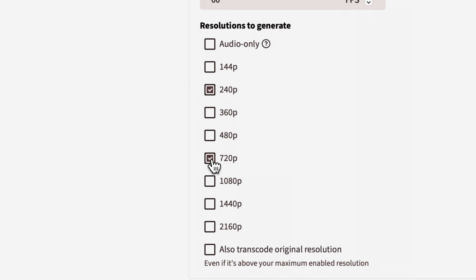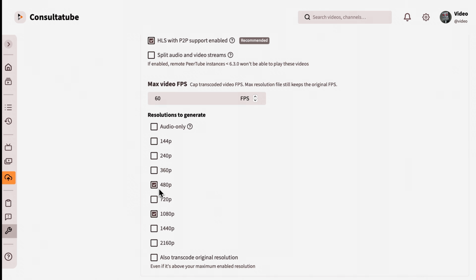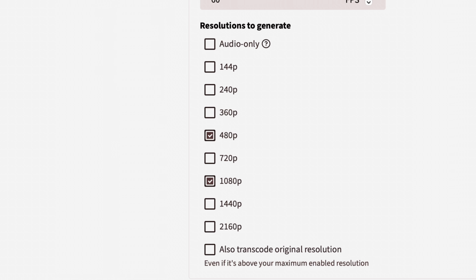If you want to really reduce your costs, it's very, very cheap to host videos at a very low resolution. I don't think I'd want to go any lower than 720, to be honest. But I think like a 180 and a 480, that's pretty good for acceptable. Then you have two different streaming options, 480, that's nice for people on slower internet connections, and 1080, it's not a very big video file overall, but looks pretty good on a larger screen. And then of course you can go all the way up. So there's your options there.